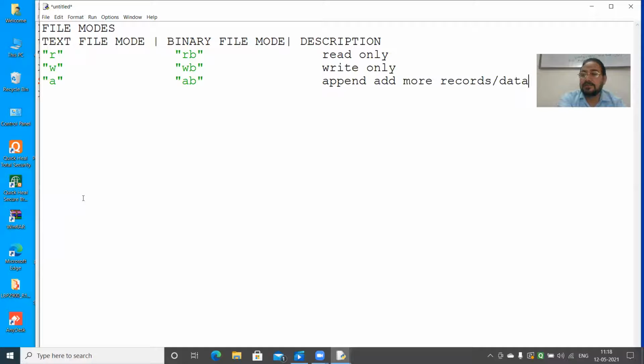Whereas in A append mode, the previous data remains there, and new data is written at the end.